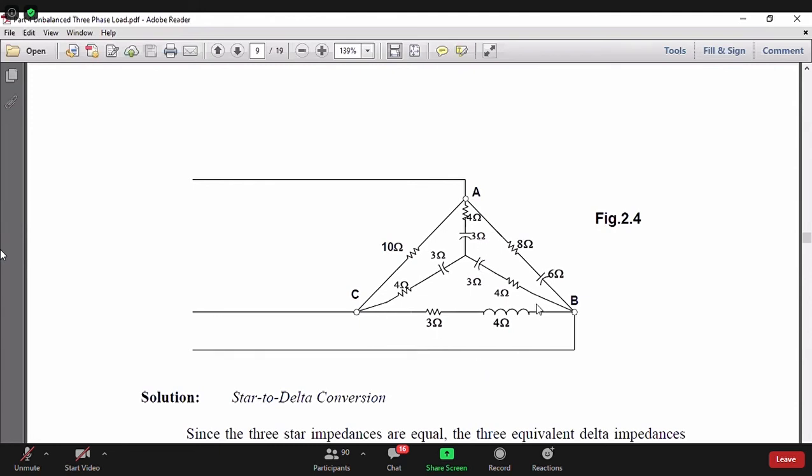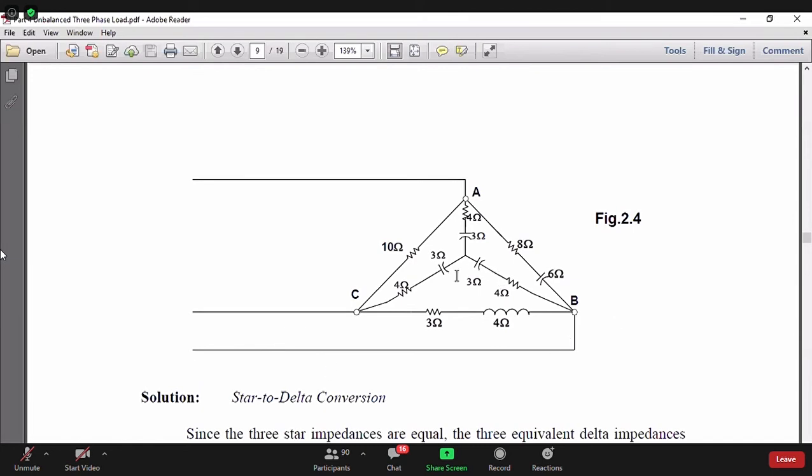And how will the delta be connected? Of course, between A and B, B and C, and C and A. Their voltages are all the same and they are the same nodes. So they are in parallel. Therefore, my suggestion is, whenever in a three-phase circuit you have a problem of star and delta in parallel, always solve the problem by converting the star to delta, not the delta to star. There will always be a possibility of error. But if you convert the star to delta, you will always get the correct answer. So this is my practical tip for problem solving.